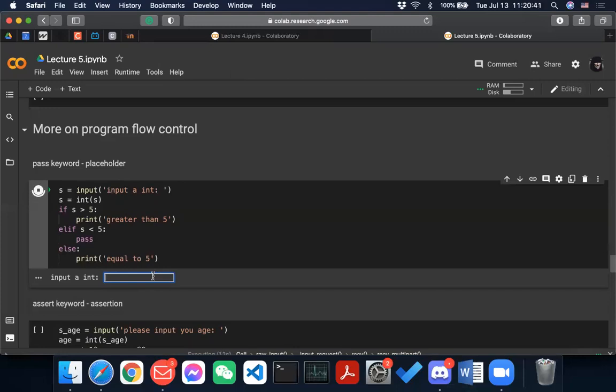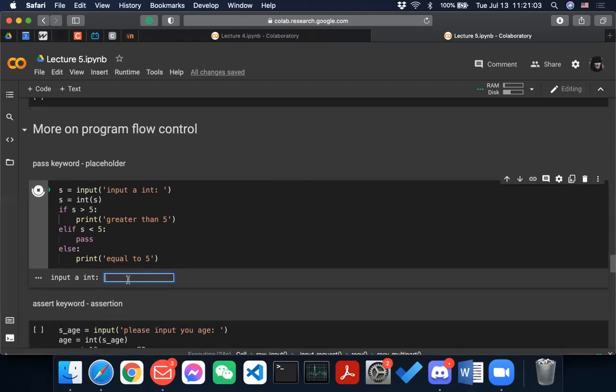All right. For example, if you have a program like this: input an integer, and then you take that integer. If it is larger than 5, you print greater than 5, and if it is less than 5, then it is pass. Else it is equal to 5.